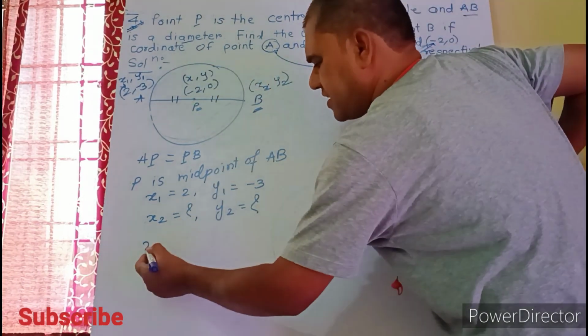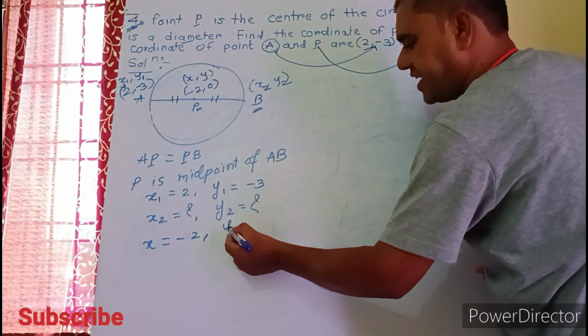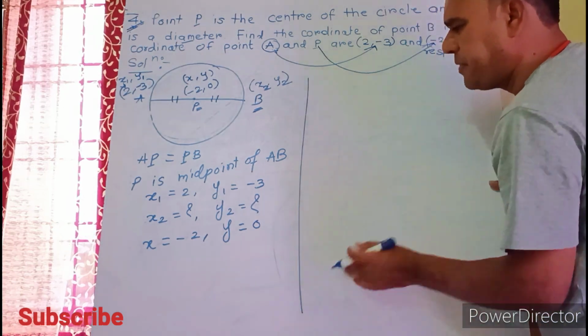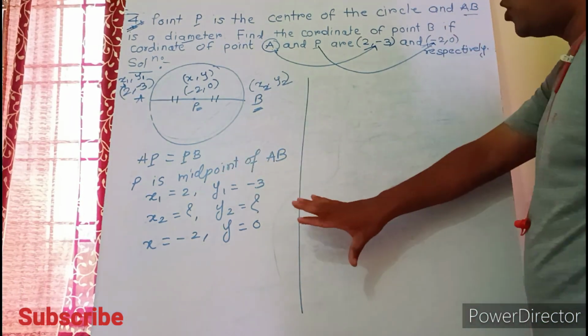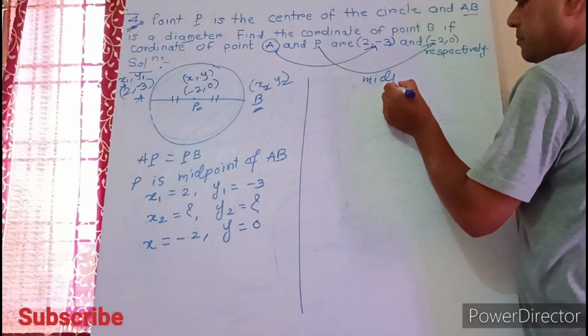The value of x is minus 2, and the value of y is 0. Now by using the midpoint formula we can easily find the value of x2 and y2. Therefore, by the midpoint formula,